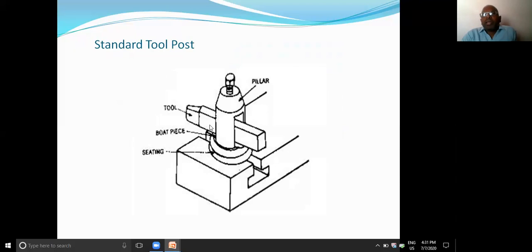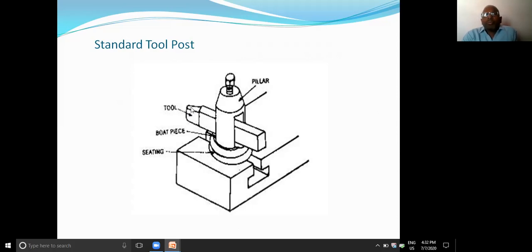For turning, the required cutting tool geometry is one, and if it is a thread cutting operation, the cutting tool used for facing and turning is not at all useful. In that condition, this cutting tool has to be removed, and the next cutting tool has to be placed within the pillar groove, and once again the height of the cutting tool has to be adjusted. In this way, for multiple operations in large batch production, this standard tool post is not at all useful, because each and every time the cutting tool has to be removed and adjusted to the required height.